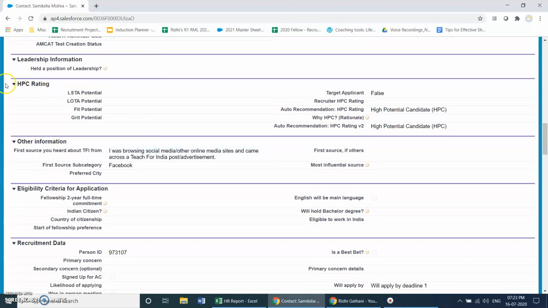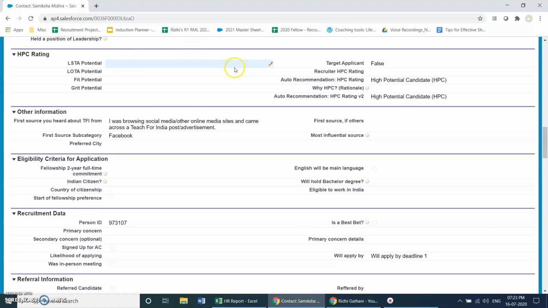As you go ahead, you see the HPC rating. Again, this is to help us understand if this person is a high potential candidate. This is where we record that information. The system gives us two recommendations. One, it recommends if this person is a high potential candidate based on an algorithm that has been already shared with you.